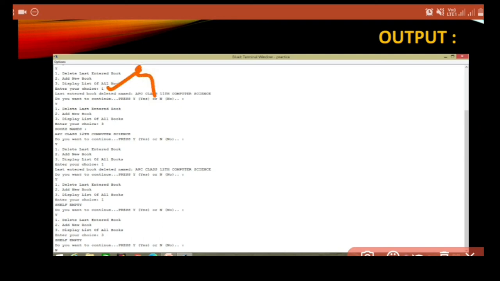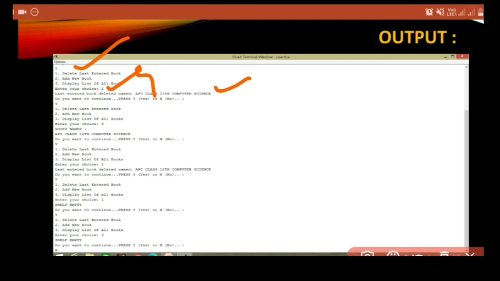And I'm saying now I have a choice that is 1. 1 indicates I want to display element, means I want to display the last inserted book. That is of 11th. That's why see, already written there that the last entered book deleted, name APC class 11th